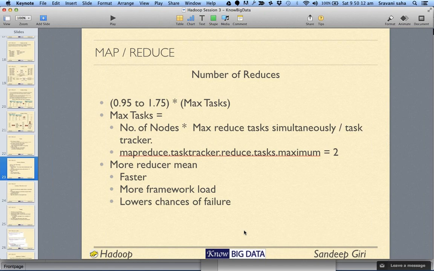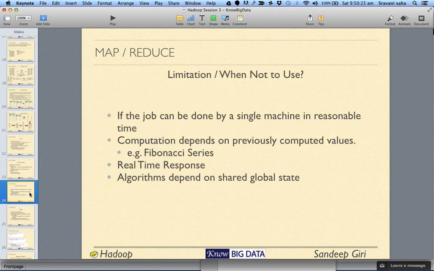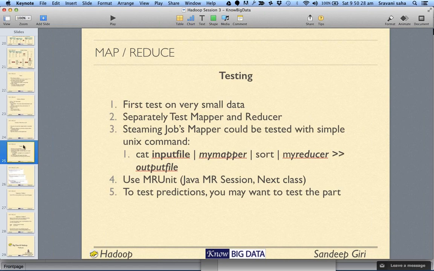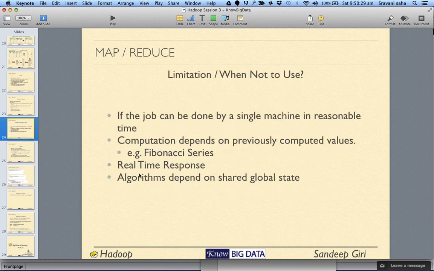Let me note it down. All right. So we discussed this last time, and if the job can be done by a single machine,